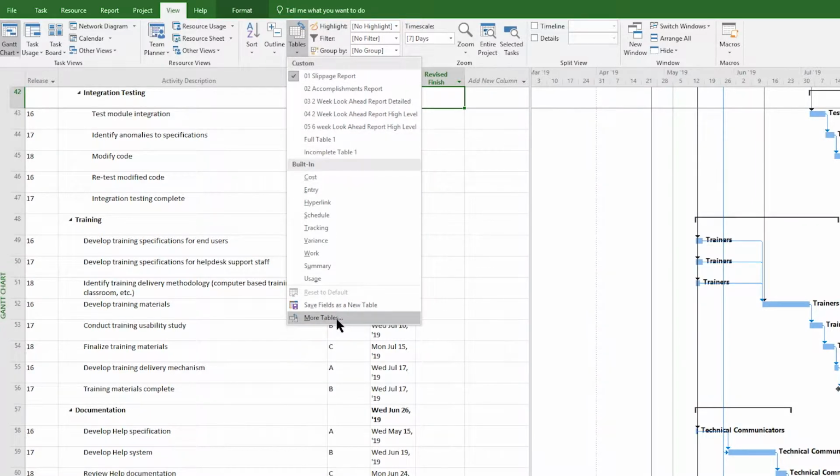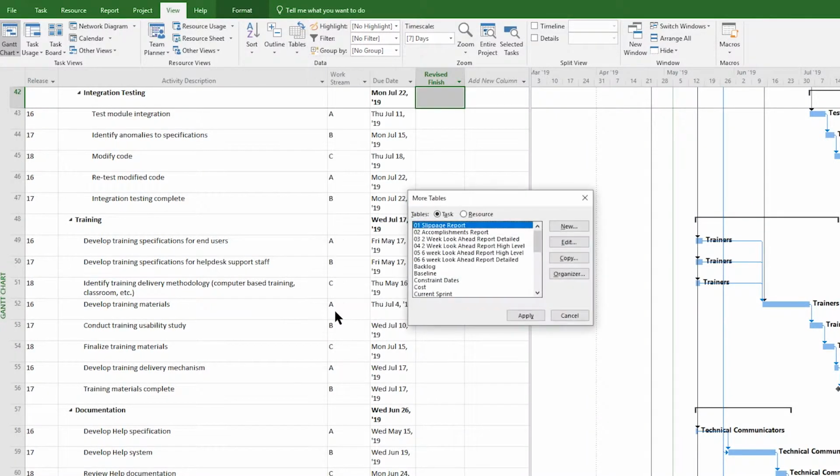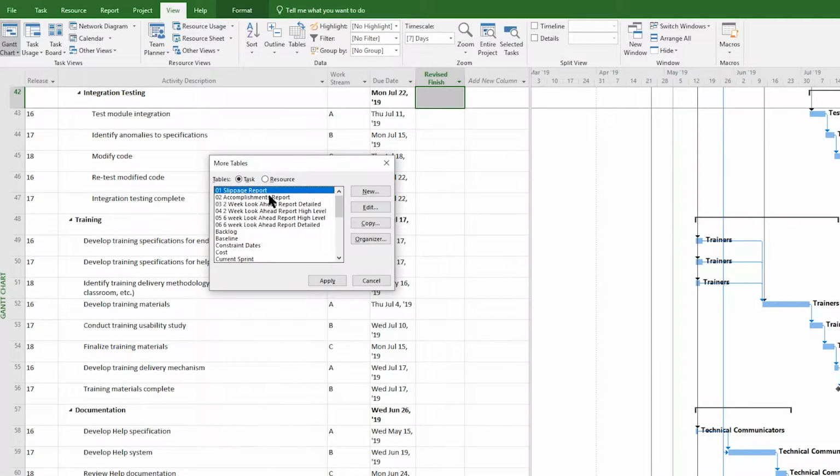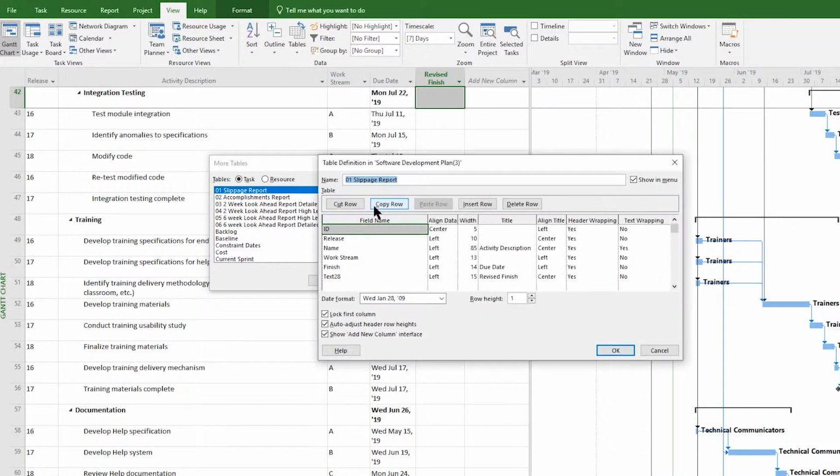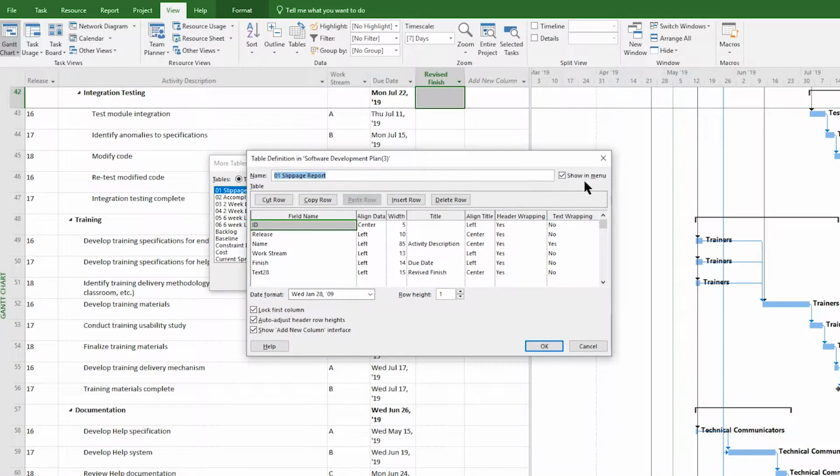And I'm best clicking that. More tables. Now you can see slippage report, edit. Again, showing in menu, I select that on all of these. Now this here gives you what you need for your report. The number of columns. Now ID you don't copy and paste, and they don't really want to see that. Not in my reports, and maybe they do for what you need. Release,